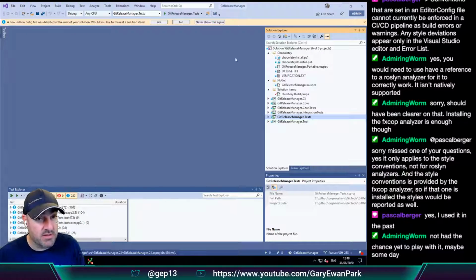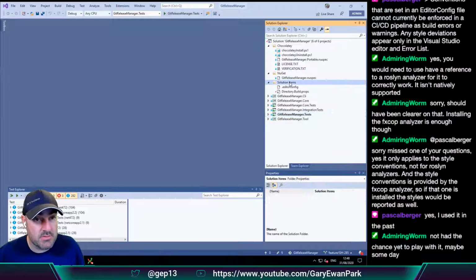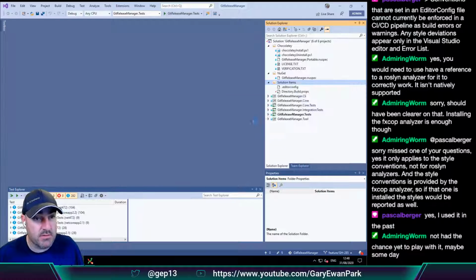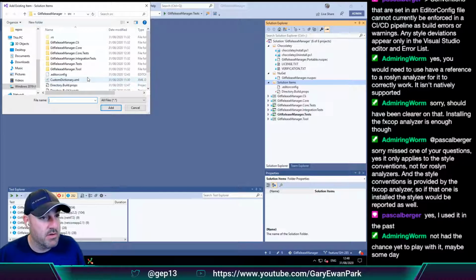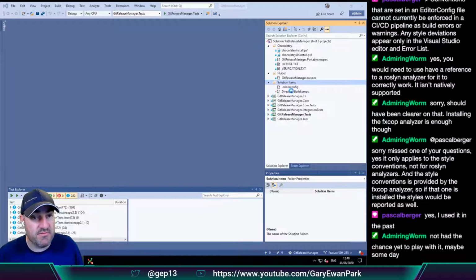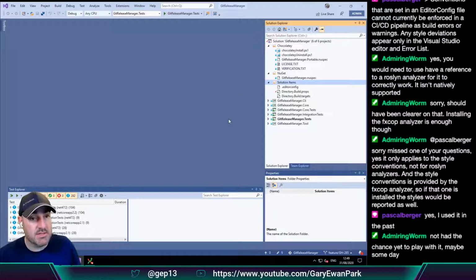So if we go over here, then a new editor config file was detected at the root of your solution. Would you like to include it as a solution item? Yes, I would like to do that. And I also noticed that I wanted to add, this is kind of unrelated, but I'm going to add it in just now while I remember, which is to also include the targets file as well. So we have both of them in there, the props and the targets.